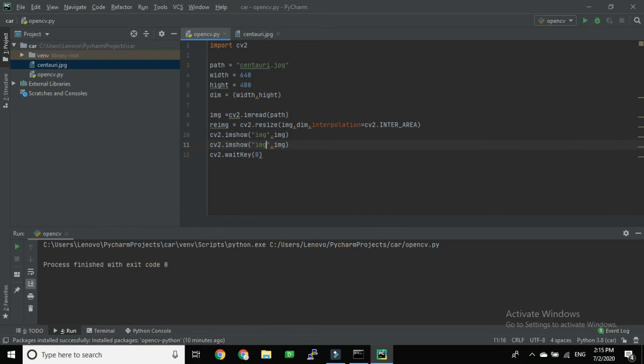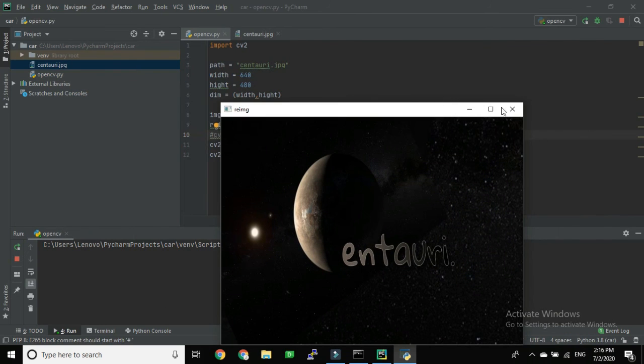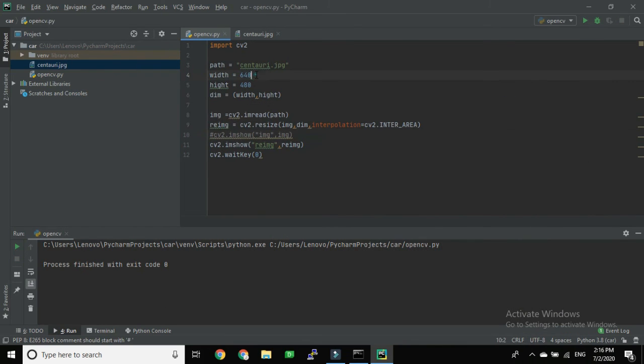And now we need to show our image, so Control D and write a label named image, and the source is image, and now run it. First of all we comment out this one. Now run it. As you can see, the image shape is changed. If you want to play with the height and width, you can simply change it here. I will give a width of 200 and height of 100 and run it.